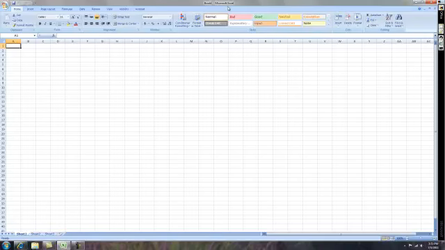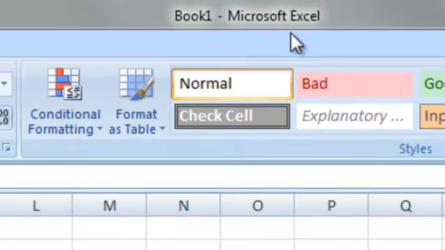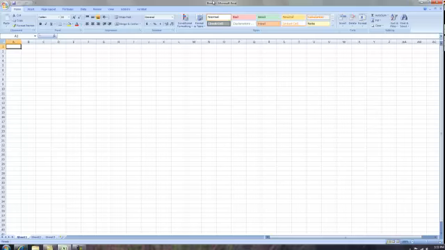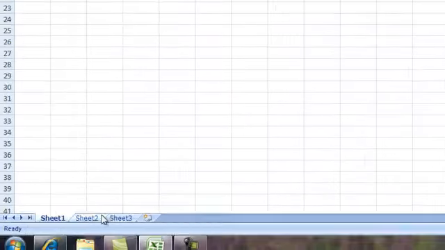So Microsoft Excel is our spreadsheet program, and we are in Book 1. You can see on the title bar, and remember that the title bar always shows you the file that you're in and the application that you're in. So we're in Book 1, and Excel is a little bit different because it has sheets. So think about these as sheets of paper in a notebook or a ledger. So you have sheet 1, sheet 2, and sheet 3, and then you also have a tab to be able